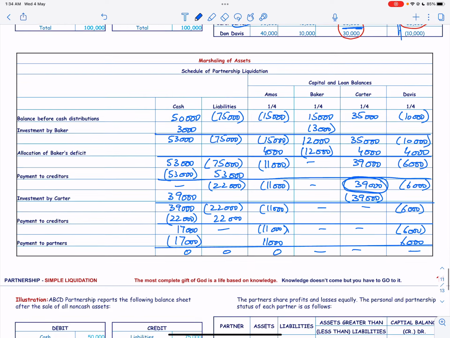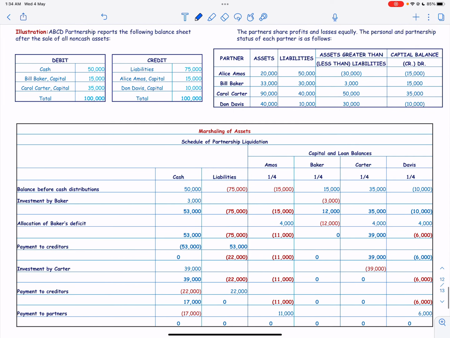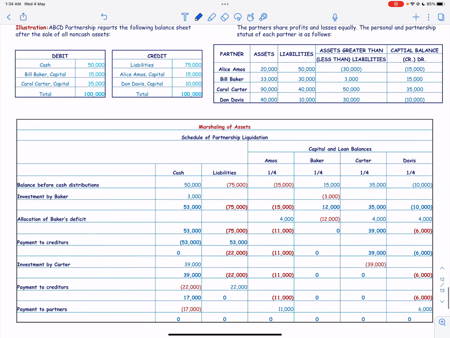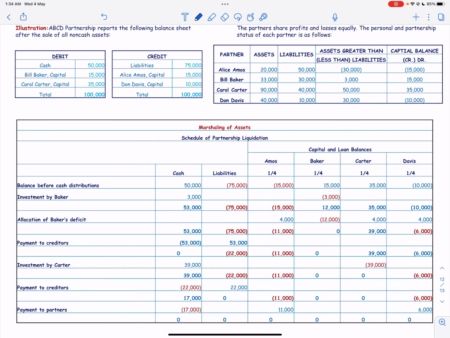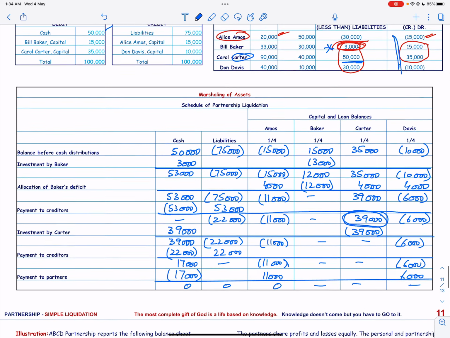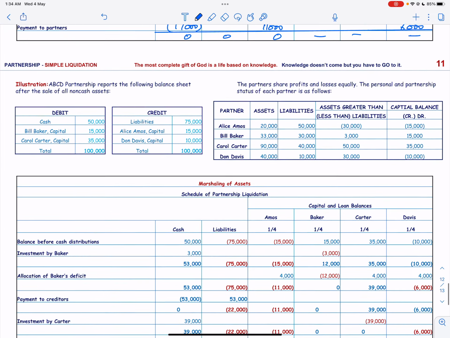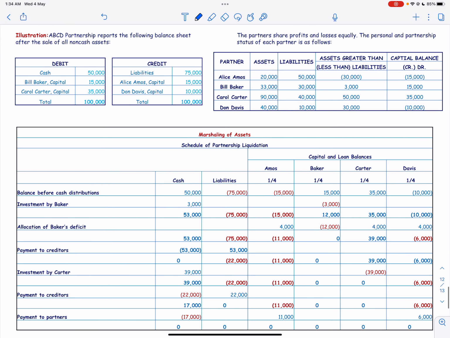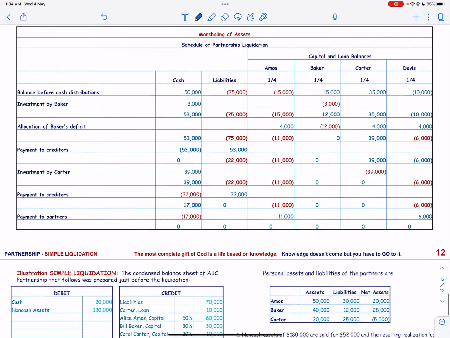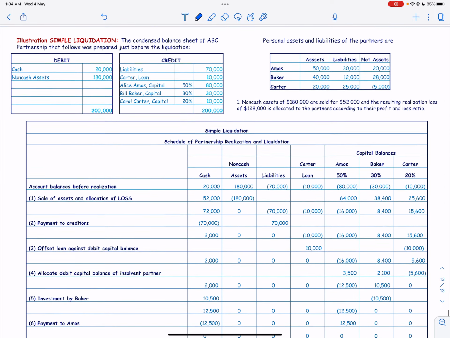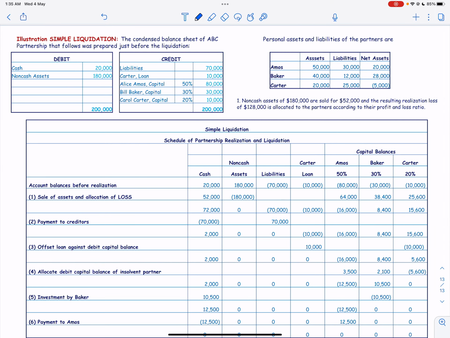Finally, let us solve one more illustration. But before doing that, let me tell you, this is the answer for the exercise we have done just now over here. This is the neatly done answer. You can verify when you are solving it. And then let us go into our